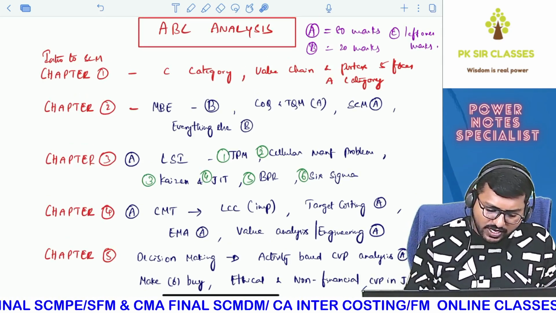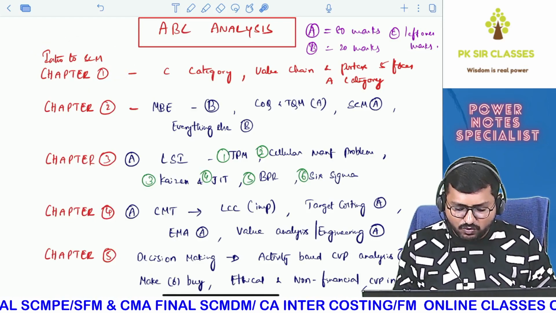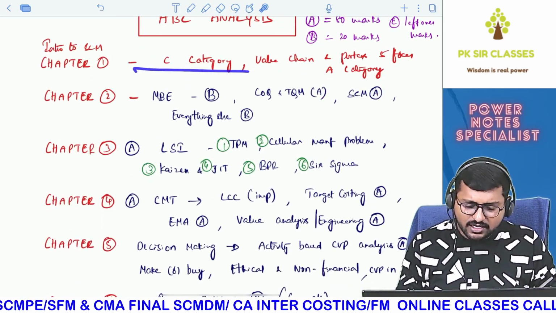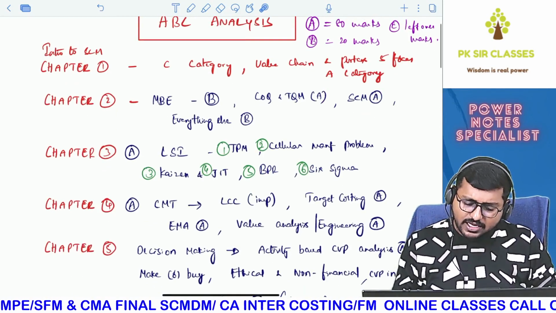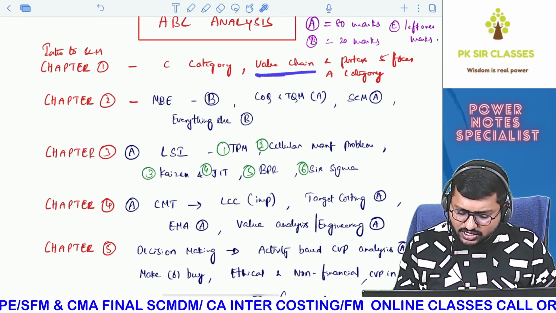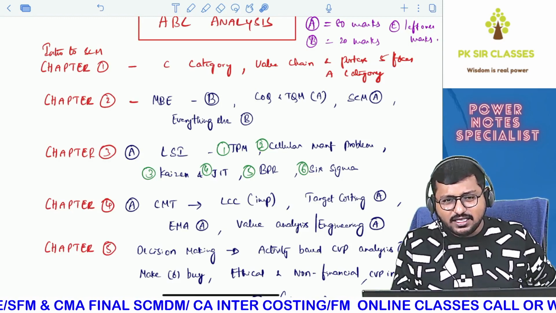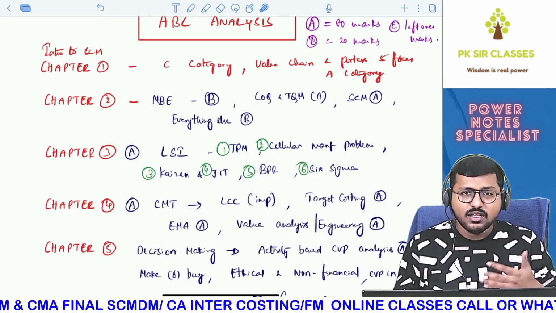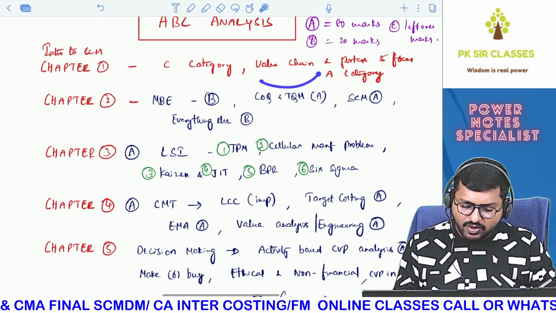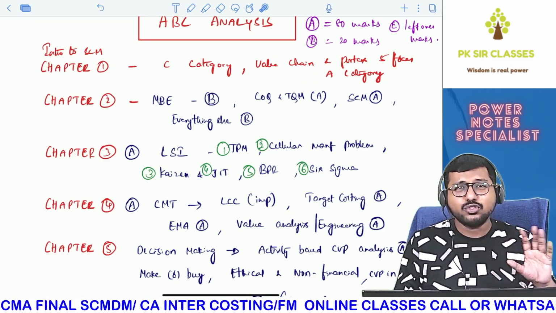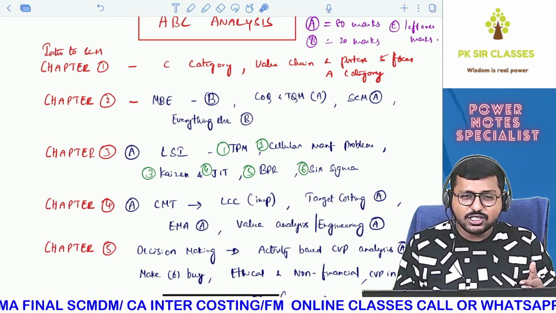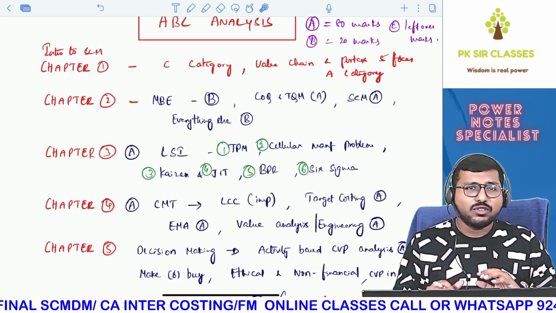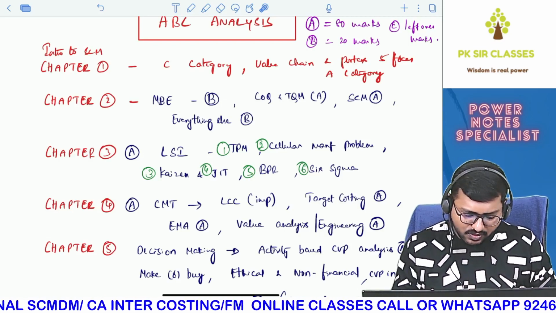So first one is we have intro to SCM, that is chapter 1, and this most of the times belongs to C category by default, okay, except for 2 topics over here, value chain and Potter's 5 forces. I think since the last 2 or 3 attempts this remains the same. Always this is an unimportant chapter except for value chain and Potter's 5 forces. Except those 2 topics, everything else in this particular chapter is pretty much not so important, so that we know. Even in this attempt also there is nothing new altogether, okay.